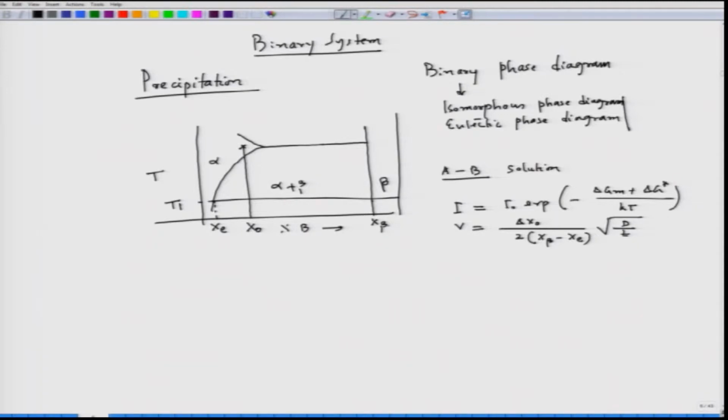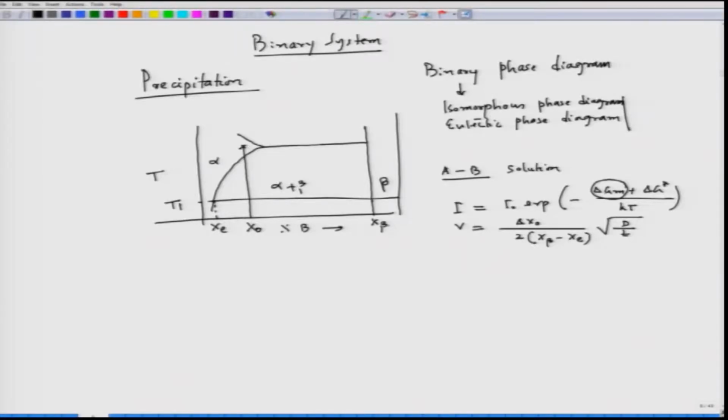And here we stepped into a solid state transformation where the precipitation is observed. You can also have precipitation in case of liquid, but mainly we are concerned here with the solid. In that case, this delta Gm is nothing but again activation energy per atom jump. Delta G star